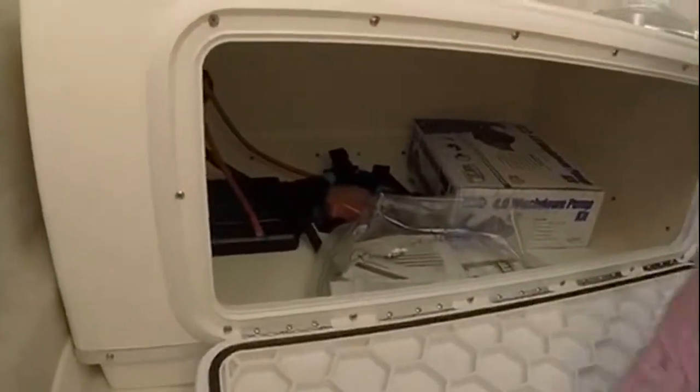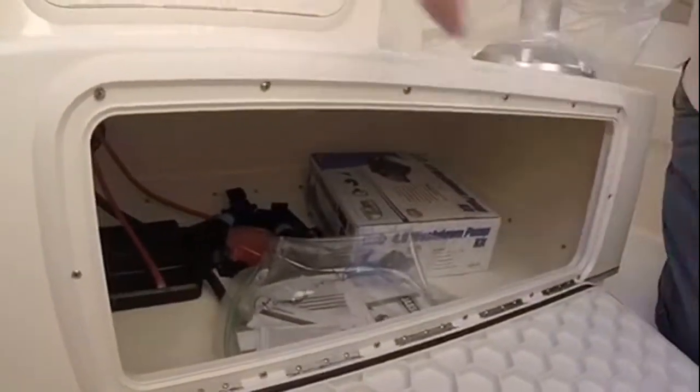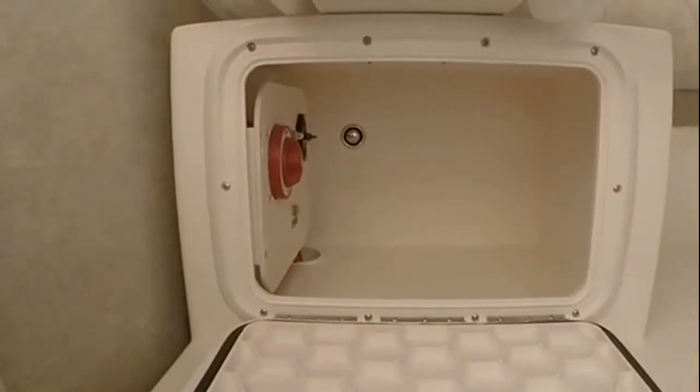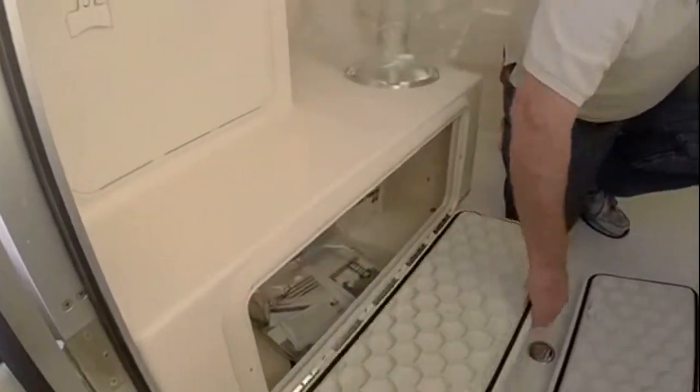On the port side of the boat, the lower compartment is going to be our battery boxes, and there is some additional space for gear storage. The upper box is where our battery switch and breaker is. Dual batteries and a switch are standard equipment on all the Defiance boats. As we move back into the cockpit of the boat,